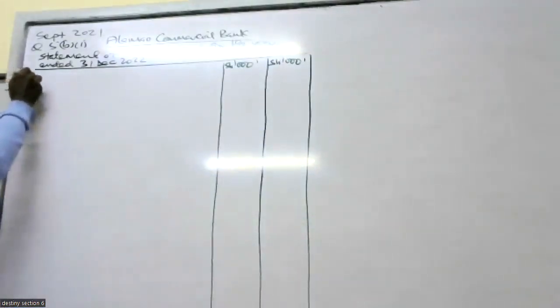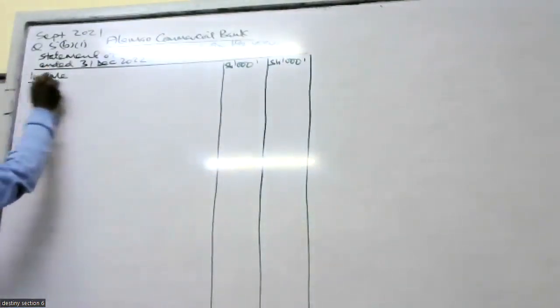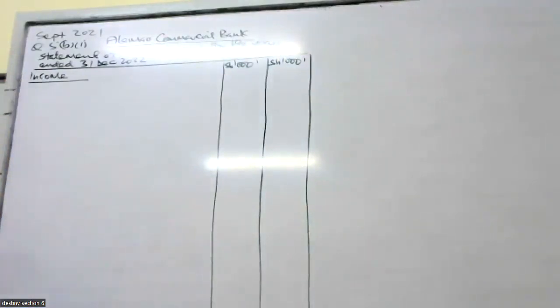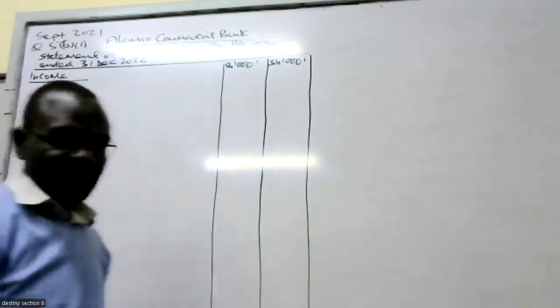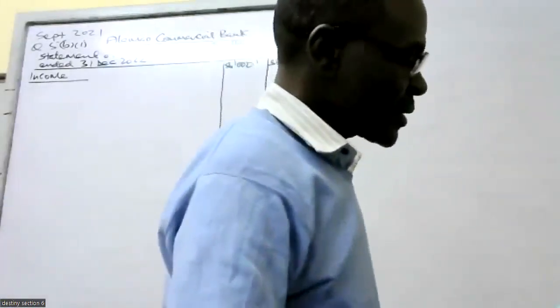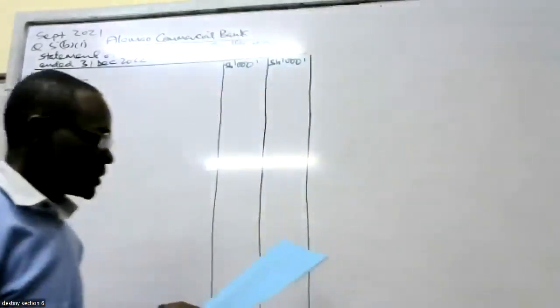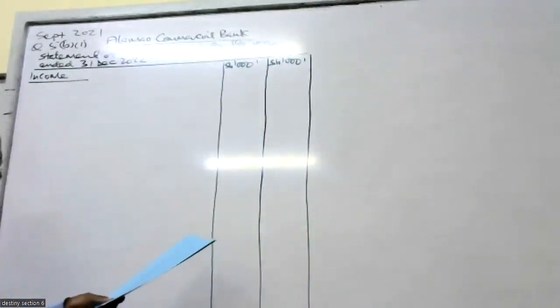So get the income items, and then we'll simply deduct the allowable expenses. So what are our incomes? The first one is right there. We are told there is interest on advances, so what they give to customers earns them interest. As you bring them in, you must also be careful in case there are any adjustments to make. Now, interest on advances is 672,200, and I don't think there's any adjustment relating to that.